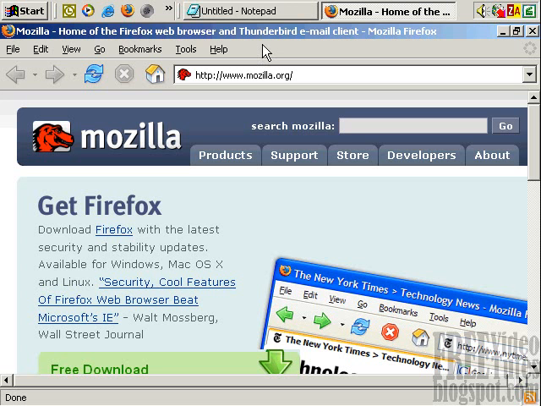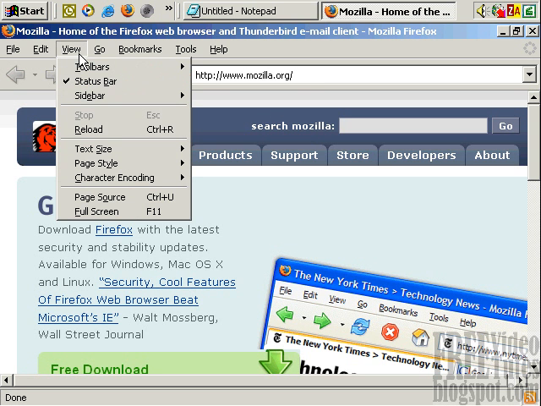To start creating your own mini sites the easy way, what you want to use is what's called a WYSIWYG editor. WYSIWYG, if you spell it, the letters stand for what you see is what you get, which basically means a visual web page editor. And okay, I've got a web page here, the mozilla.org homepage. In your browser, if you go view source, view page source,